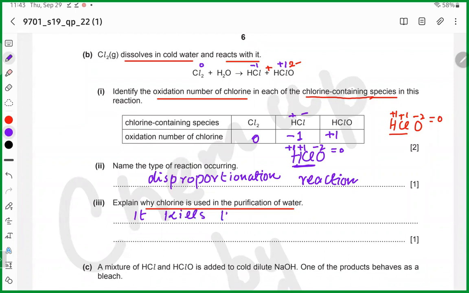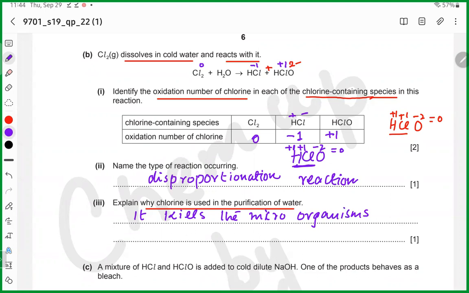It kills... तो बेसिकली ये माइक्रो ऑर्गेनिजम्स को किल करता है क्लोरीन।